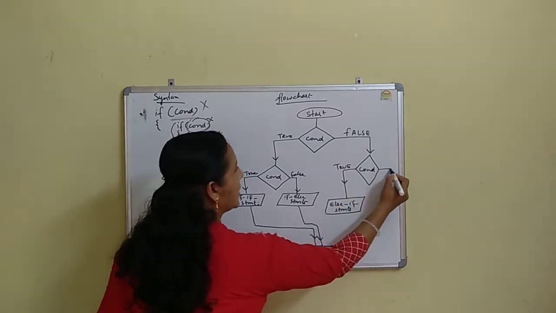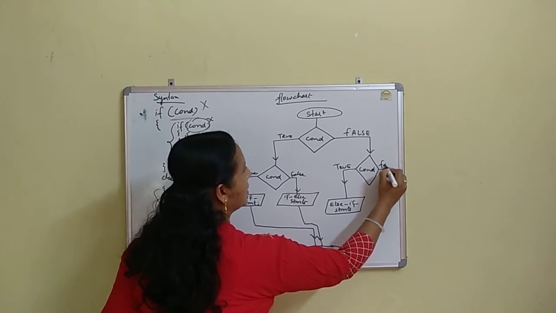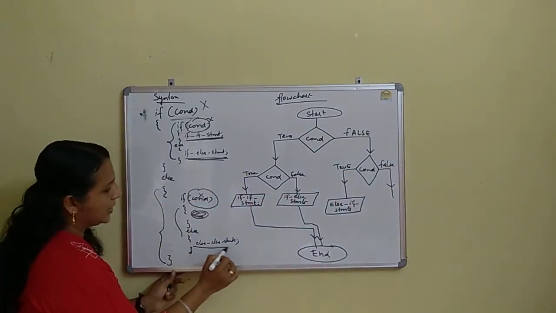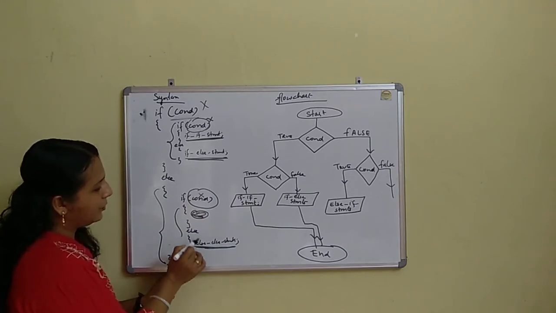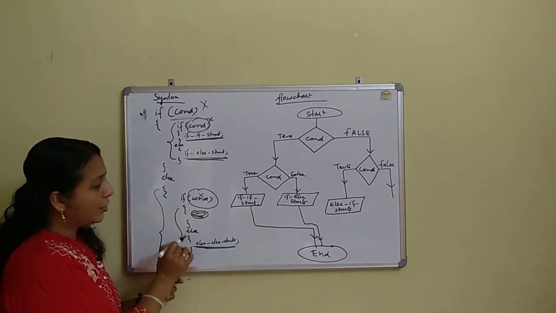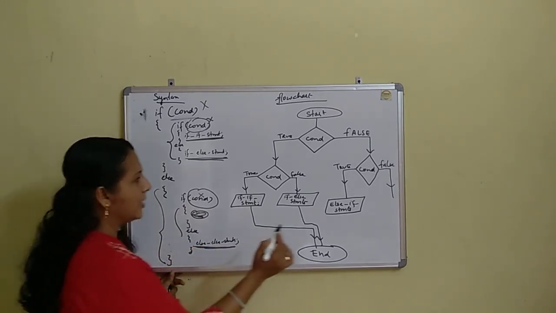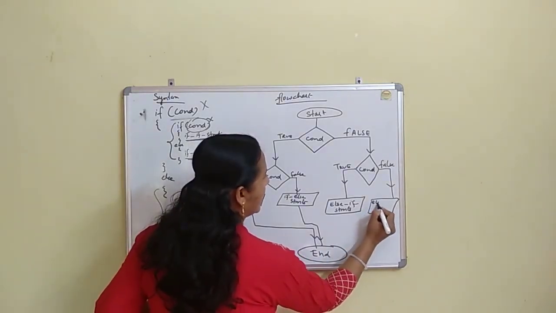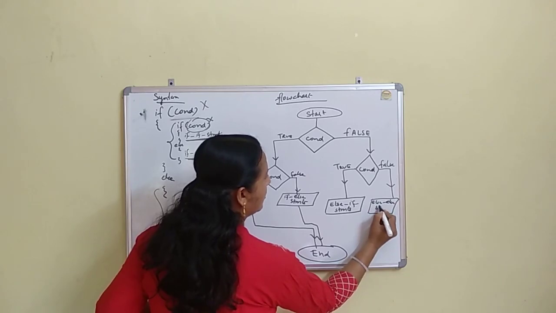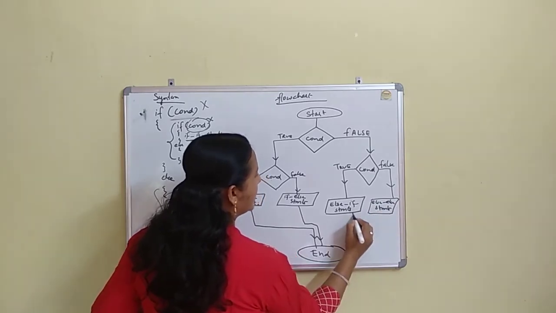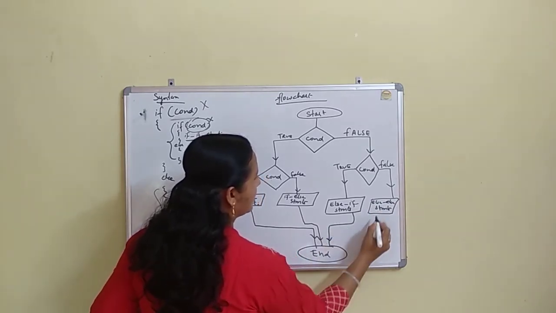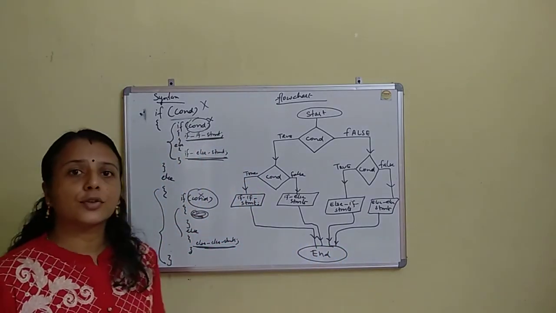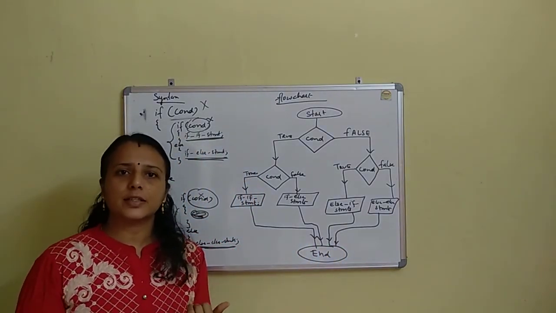And suppose this condition is false, what happens? It is going to execute these statements, the statements present within the inner else part of the else block. That means the else statements will get executed, and after that the normal end of the statements. So this is how the flow of execution goes during the nested if else block.